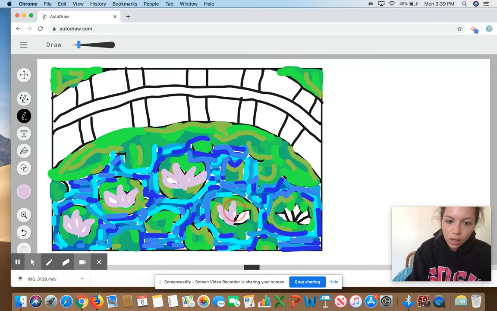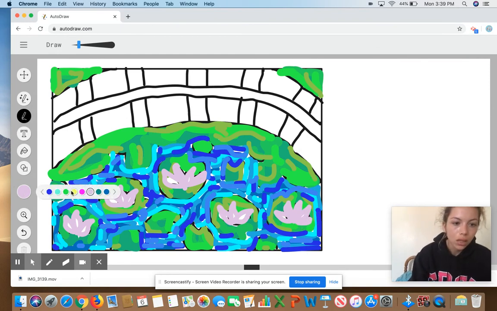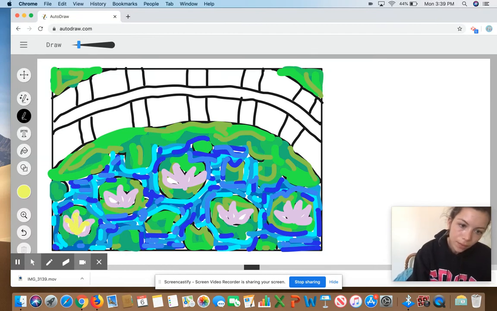And remember that you can do as many water lilies and little, I'm forgetting the name for it, lily pads, as you would like. However, you would need to have at least 5 in your final piece. So I'm adding a little bit of yellow because there was some yellow